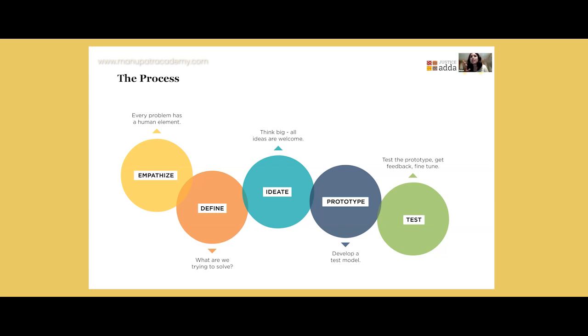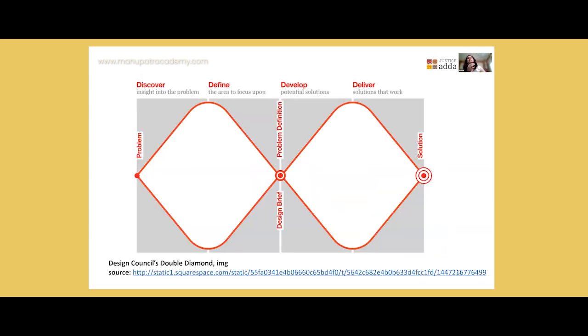Like I said, anywhere you go, these are broadly the steps that you will come across. But what's interesting is not the steps in themselves, because while it looks like a linear process, it really is not. When you're trying to solve a problem, or look at a process and think about how to develop a reasonably simple solution that can actually change the user experience, it's not a very linear process, right? You end up jumping from one stage to the next and maybe coming back to it if you can't really solve the problem. But what's happening in the background looks something like this.